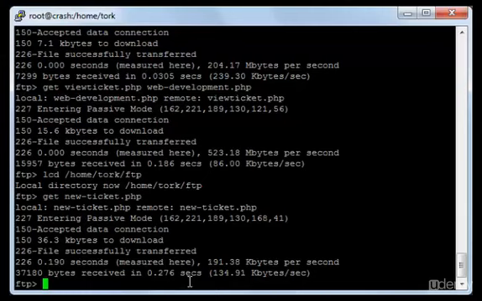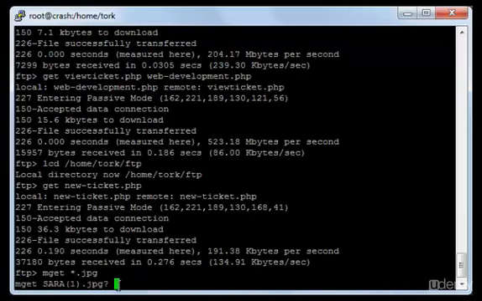Of course, you can use a download command to download all files with a particular extension. For example, if you want to download all of the files that end with JPG as an extension, you will type mget and then space star dot jpg, and this will download all of the files that end with the extension jpg. Press enter,